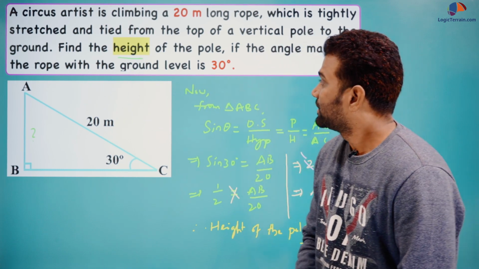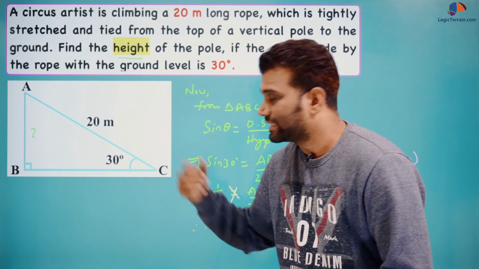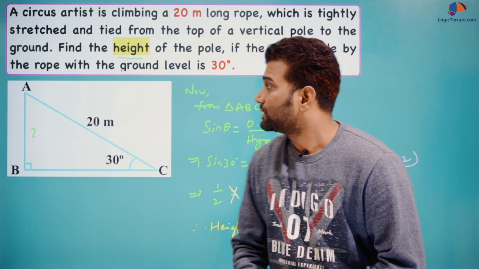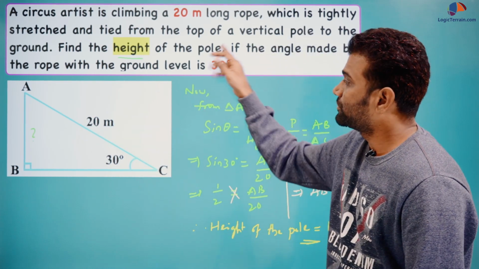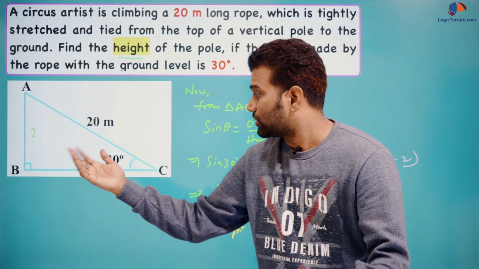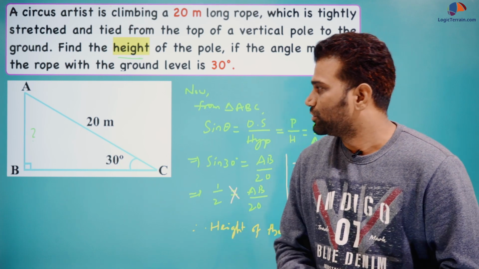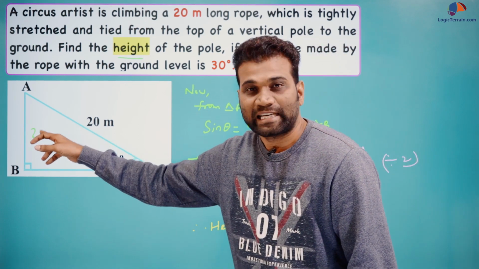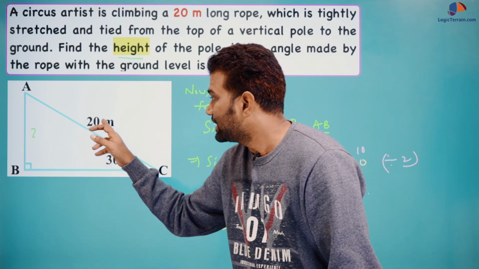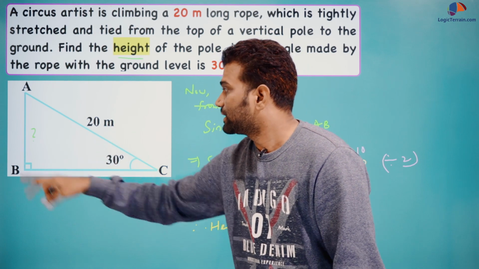Here we are given the angle made by the rope with the ground, that is 30 degrees, and the length of the rope is also given, that is 20 meters. Then here we need to find the height of the pole. So clearly you can see a right angle triangle. So now tell me which trigonometric ratio? Yes, so we need to use sin theta, because of the relation between opposite side and hypotenuse. We know the hypotenuse, we know theta, we need to